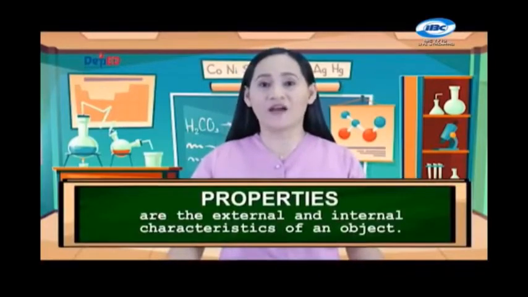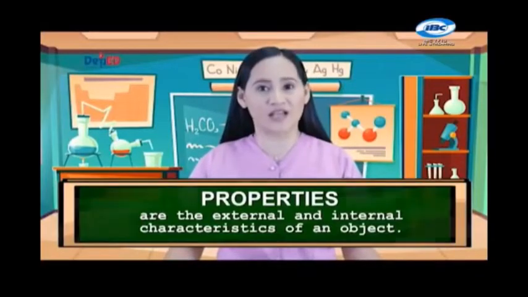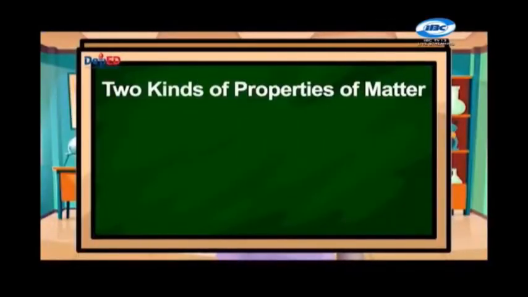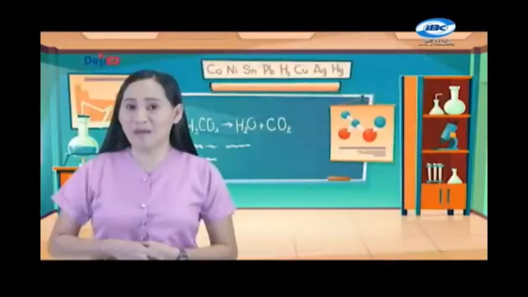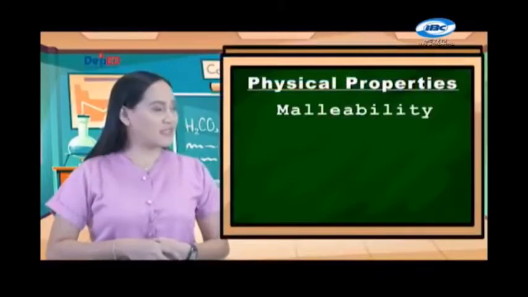Before we check, let us know first what properties mean and its two kinds. Properties are the external and internal characteristics of an object. There are two kinds of properties of matter. First, we have the physical properties that refer to the characteristics of matter that can be observed or measured without changing its composition. Some examples are malleability,